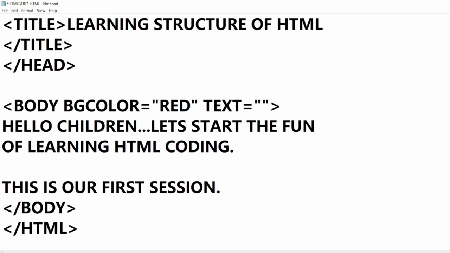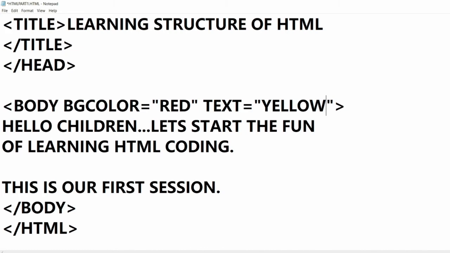So see, I will write down bgcolor equal to red, and text also is one more attribute which is included with the body tag, that is here I will take it as yellow color. Now what do you mean by text equal to yellow? See, one thing is clear, that we are putting a red color as a background color, correct? Now text is yellow means the default text, what was that? It was black in color.